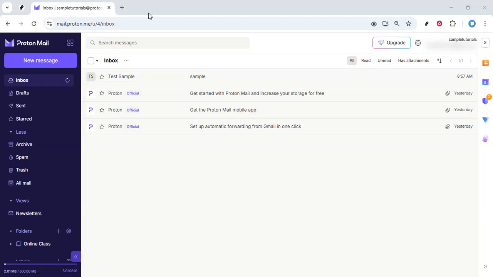Today, I'll show you how to add a Proton Mail alias step by step so you can keep your main inbox more private and organized. An alias is basically an extra email address that still delivers messages into your Proton Mail account without exposing your primary address. It's great for signing up to websites, newsletters, or services where you don't want to share your main